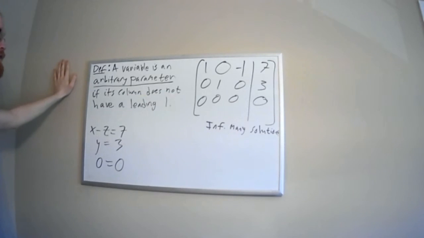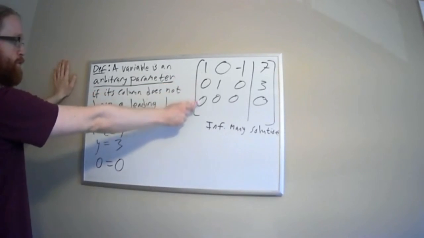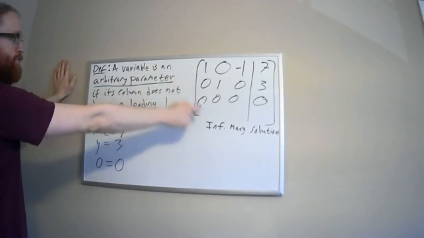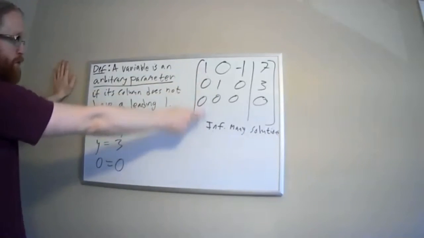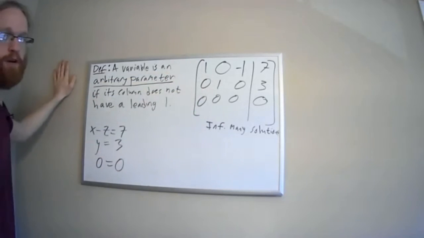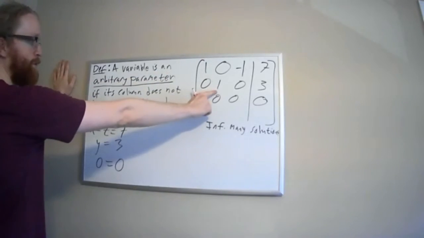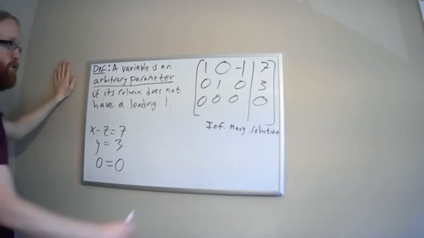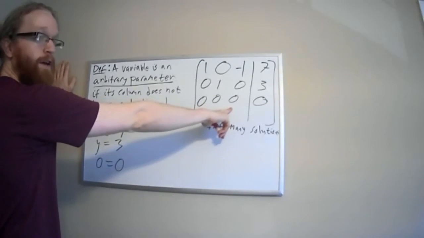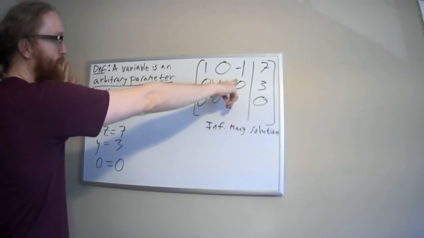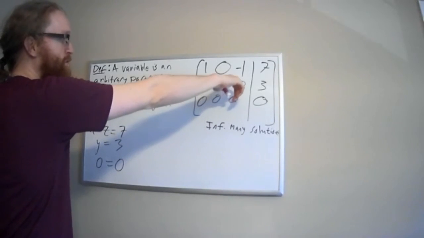Well, if we look, I have a leading one here. Everything else is 0 in this column, and there's nothing to the left of it. This is also a leading one because it's the only non-zero thing in its column, and everything to the left of it in its row is also 0. So this is a leading one. So the only possibility is that this last column, this third column, has no leading one in it. There's this -1 up here. It's not a 1 in the first place, and also it's not leading because